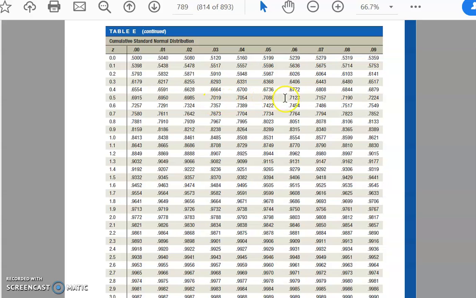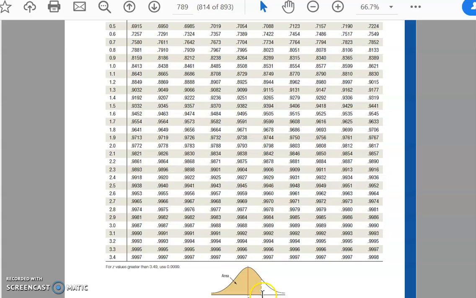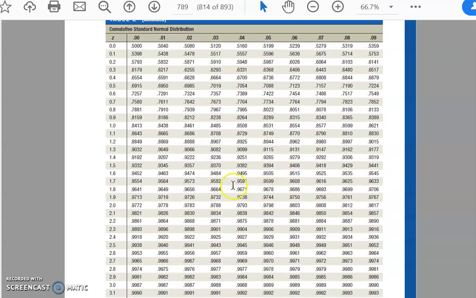As you go further to the right, as the z values get bigger, the area gets bigger. So you just look up here until you get close. 0.65, 0.65, 0.68, etc. Here it is, 0.7123. There it is. 0.56 is the z value that gives you a